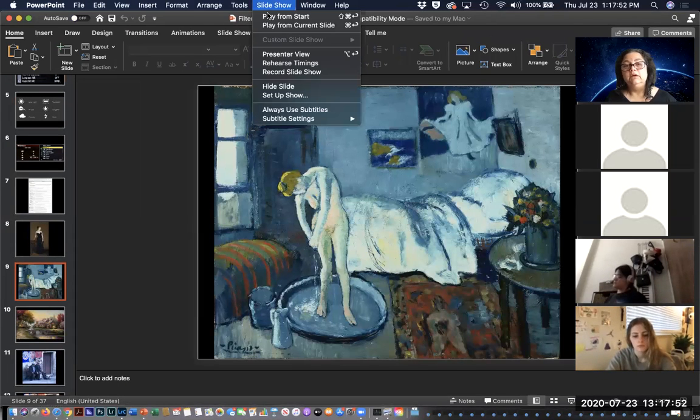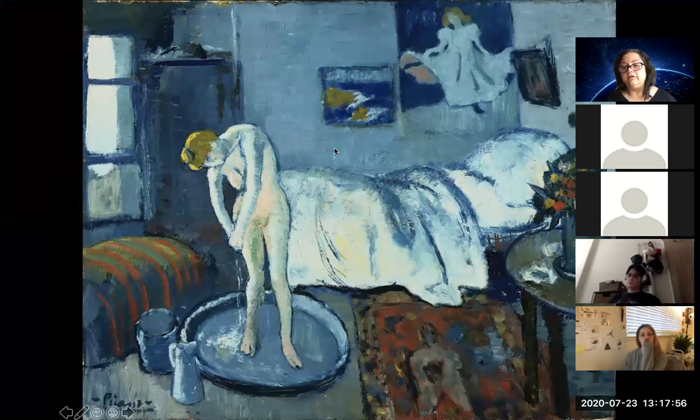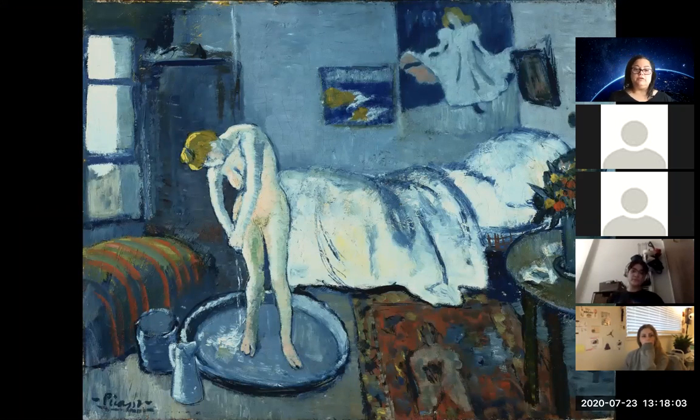Okay, so can you guys see this blue image? Yes. This image was painted by the Spanish painter Pablo Picasso during his blue period, as you can see, and it's very blue. And to me anyway, it shows that Picasso was really aware of color temperature in a way that most of